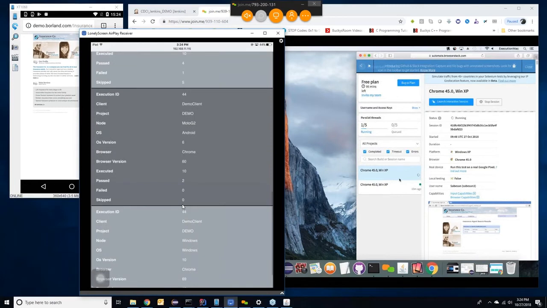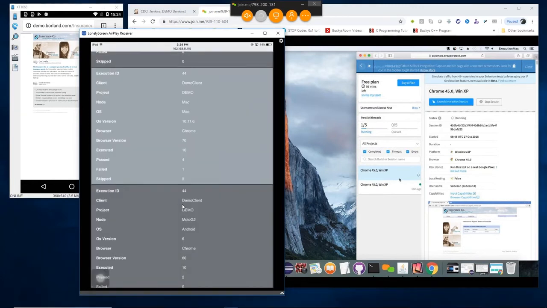Generic reports are created for the execution a little later. So when I show the new status bar feature where we can stop the execution,